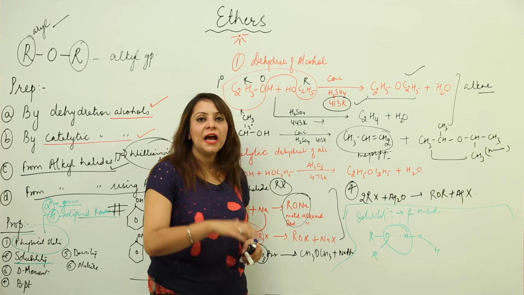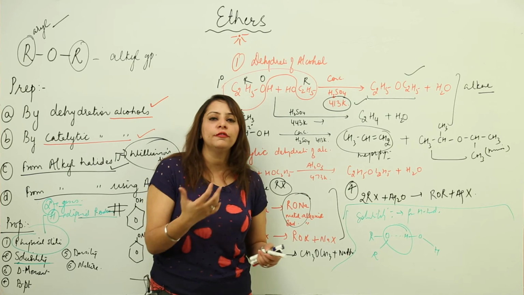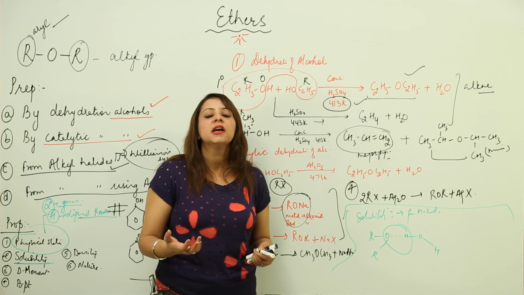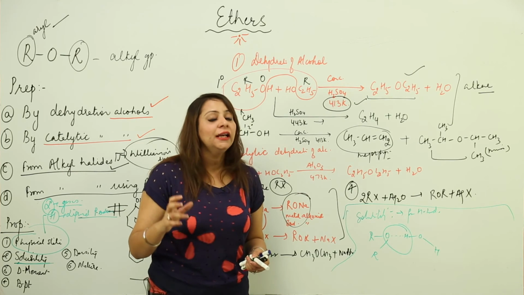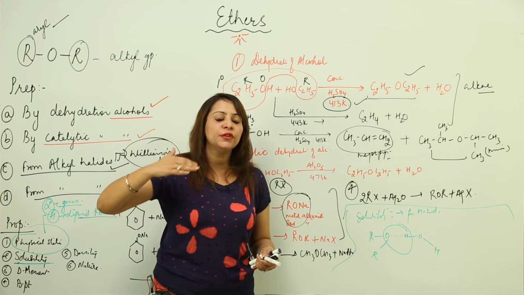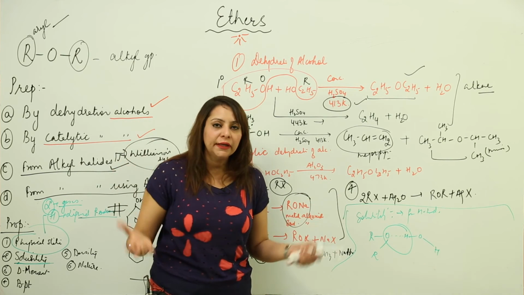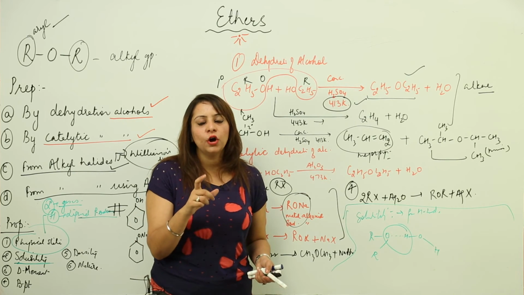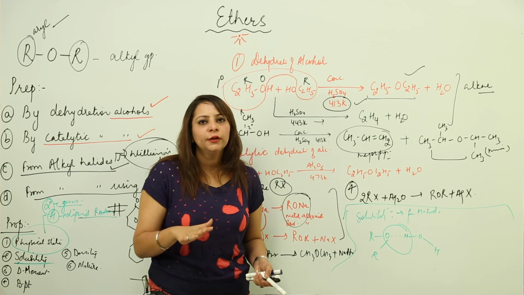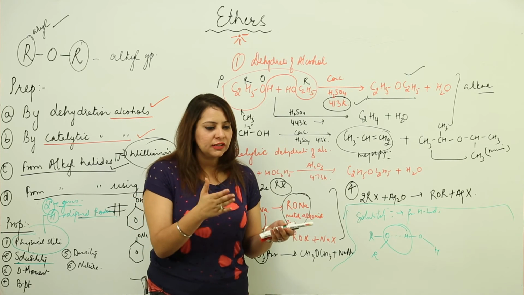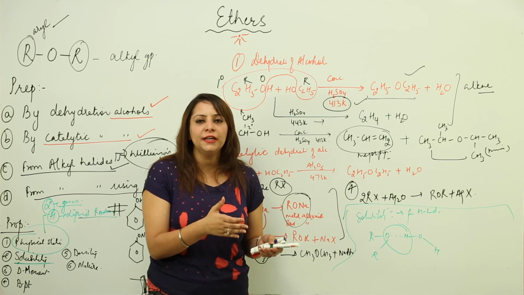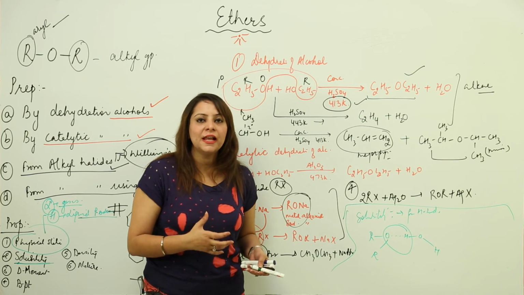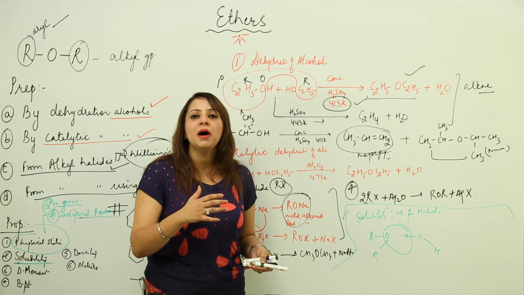But here you know that as the number of carbon atoms increases, as the molecular mass increases, the solubility actually decreases. Why? Because with the higher members there will be a bigger alkyl group, and alkyl group is non-polar, not soluble in water. So when there is a group which is non-polar in nature, not capable of making a hydrogen bond, and which resists water, it will decrease the